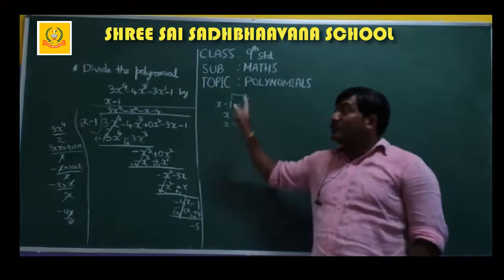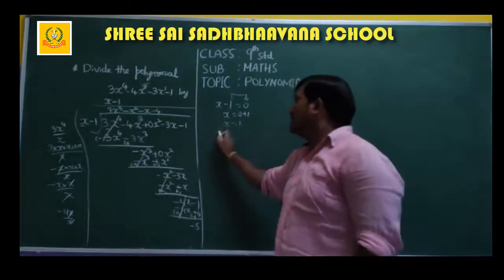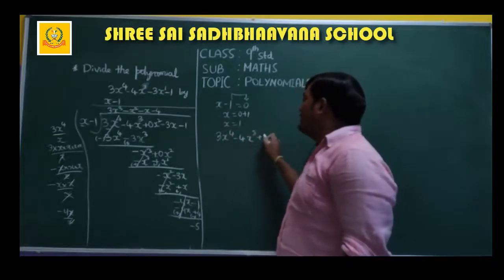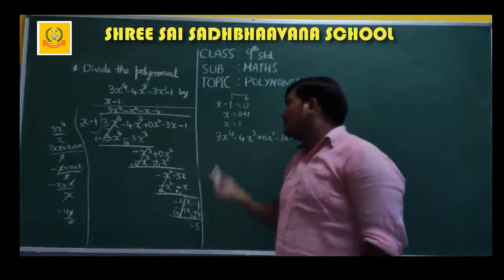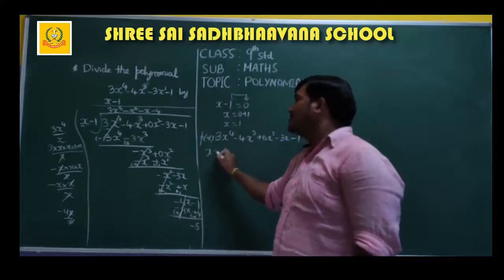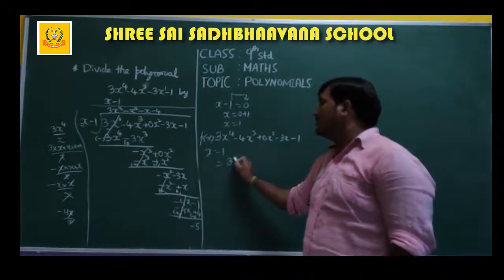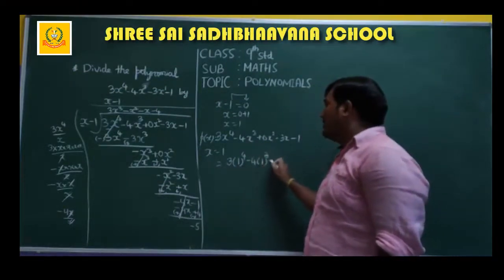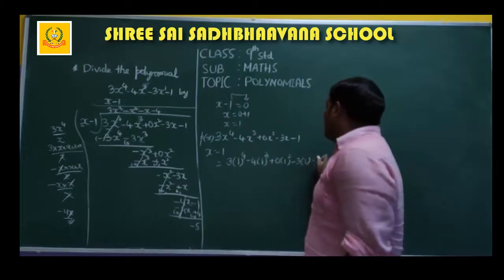substitute this x is equal to 1 in the dividend. Okay, what is dividend? 3x power 4 minus 4x cube plus 0x square minus 3x minus 1. This is your dividend. This you can take as p of x also. In the place of x I substitute 1. If you substitute 1, what do you get? 3 into 1 power 4 minus 4 into 1 cube plus 0 into 1 square minus 3 into 1 minus